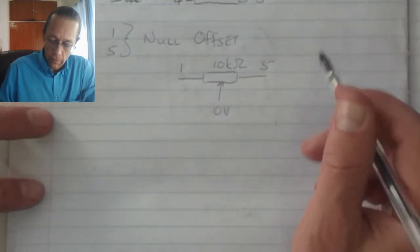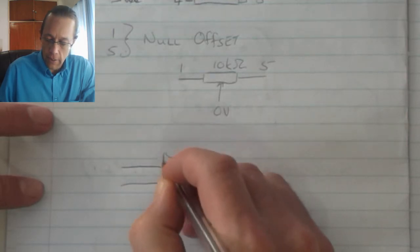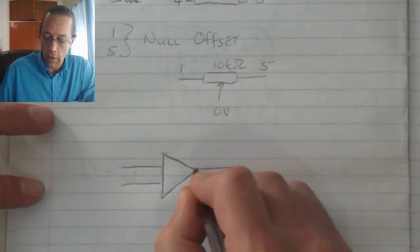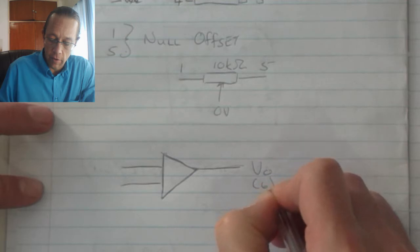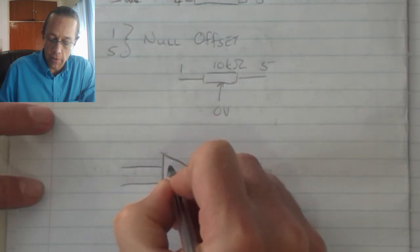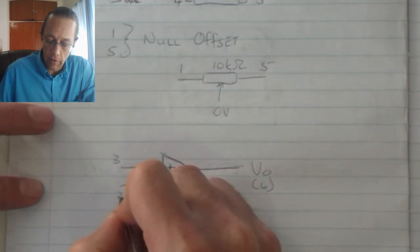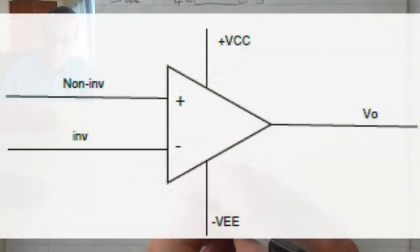The symbol of the OpAmp is indicated as a triangle. The line that comes out of the corner, that is my V out, in other words that is pin number 6. Then I've got my non-inverting as well as my inverting inputs, so that'll be pin number 3 and pin number 2, and then we've got our positive and negative supply voltages,